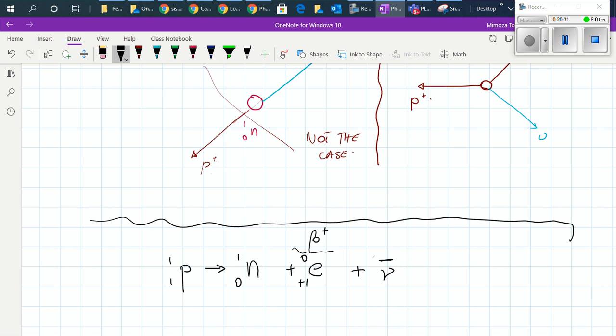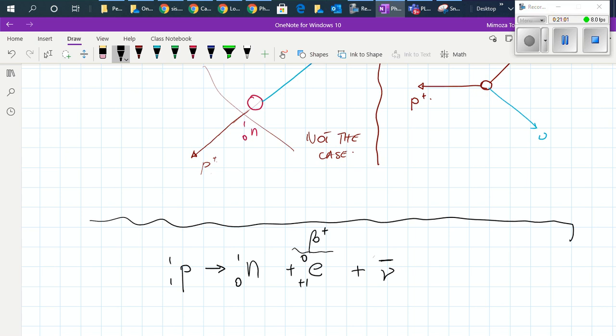When we talk about antiparticles, they have the same characteristics. So the definition of an antiparticle is that they have the same characteristics, but the opposite quantum number. And quantum numbers are different. The one that we have used widely in Physics 30, however, one that we haven't specified as a quantum number